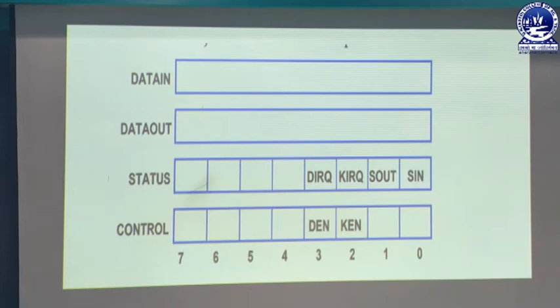S out provides the status of the output device, here our display device, and S in provides the status of the input device, that is our keyboard. Then here are the control signals, one is DEN, another one is KEN. DEN is used to control the display interrupt request, and KEN is used to control the keyboard interrupt request.